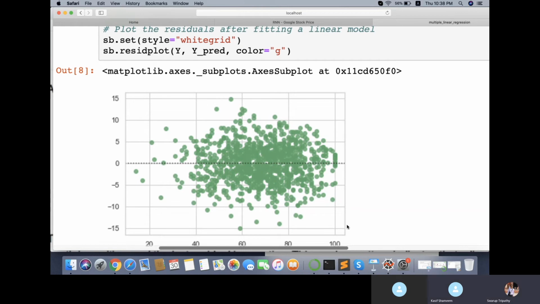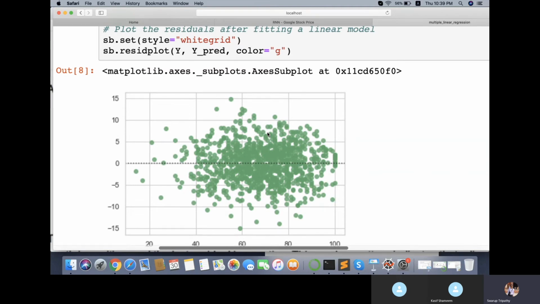Just trying to understand. See here, in a residual plot, if you see a random pattern, with certain data on the positive side and certain data on the negative side, then the data is distributed on both sides. When the data is distributed on both sides of a residual plot, positive as well as negative, we can tell that it's a good fit for linear models.